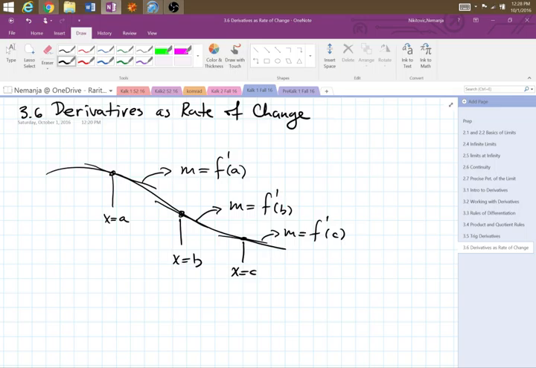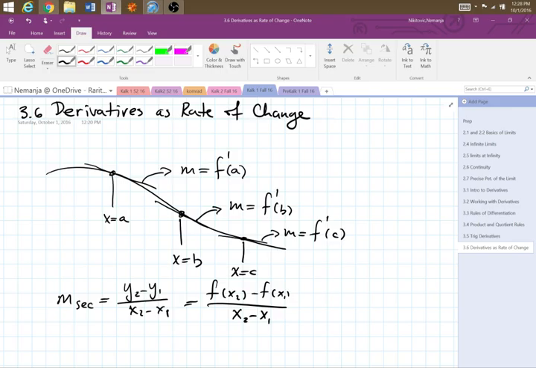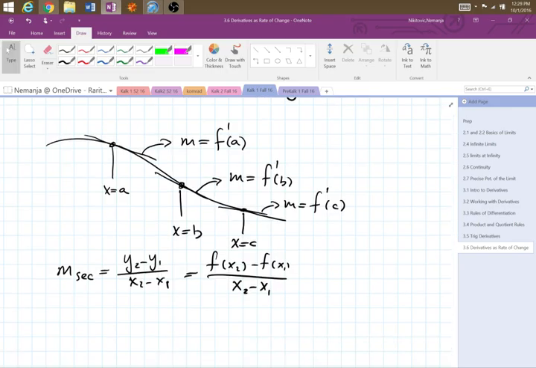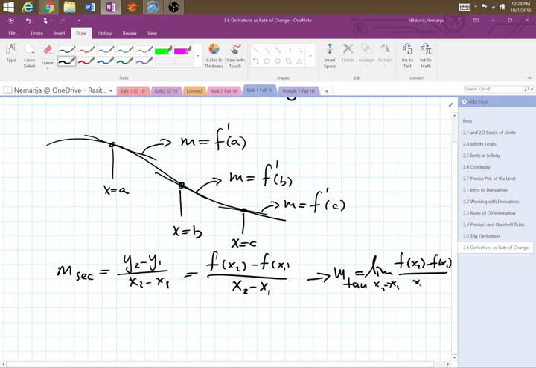So we already said before that the slope of the secant line, which was first y2 minus y1 over x2 minus x1, which we changed into f of x2 minus f of x1 over x2 minus x1, which is the rate of change, we upgraded that into the slope of the tangent line by adding the limit in front, as this x2 went to x1. So now, what's happening